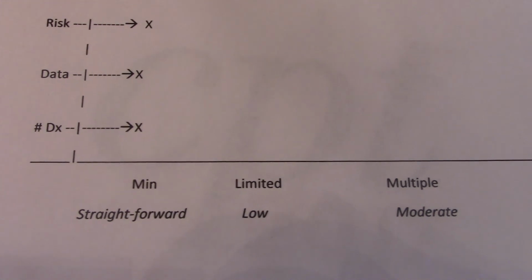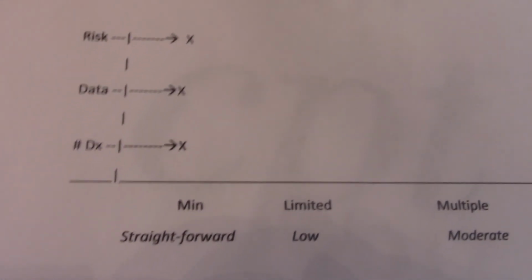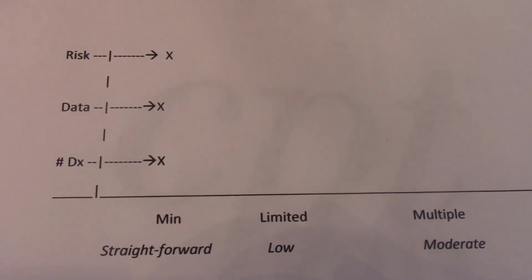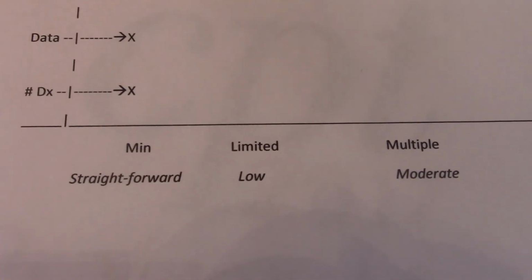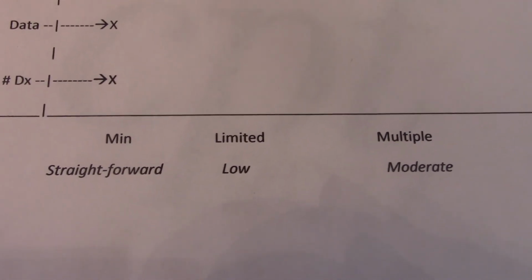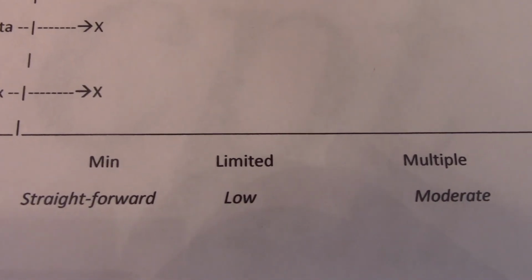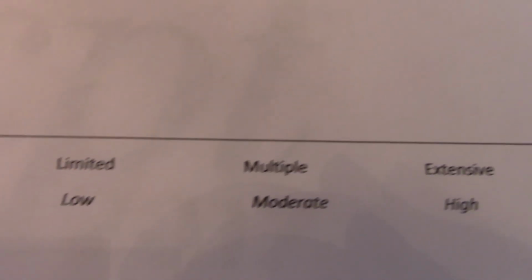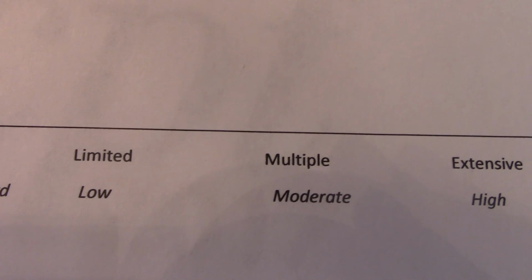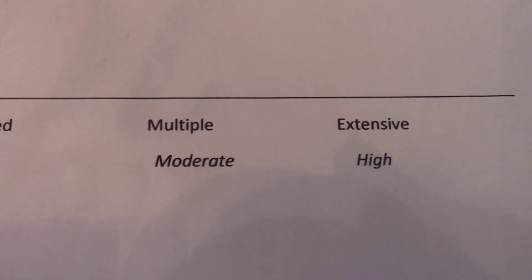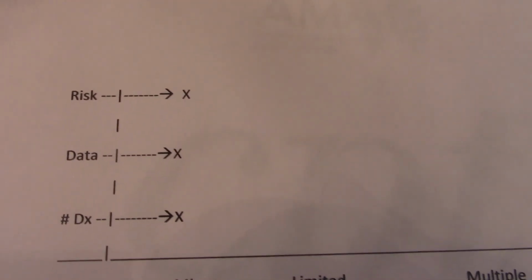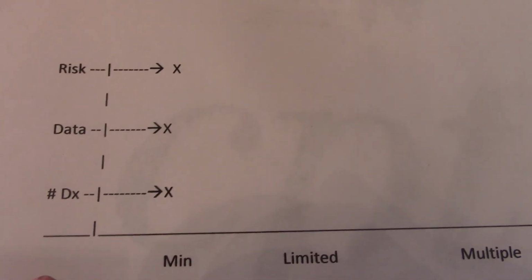Now on it, this is a linear chart. On it, you will see the kind of medical decision making, charting the words minimal, limited or low, multiple or moderate, and extensive and high, next to the number of diagnoses. Go across the top up here: number of diagnoses,